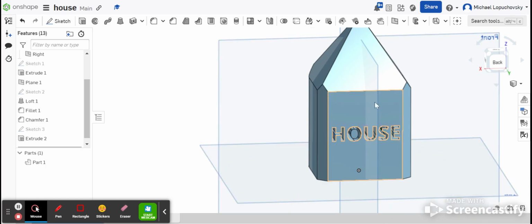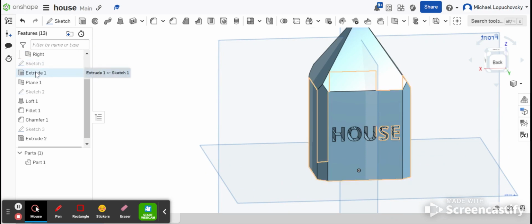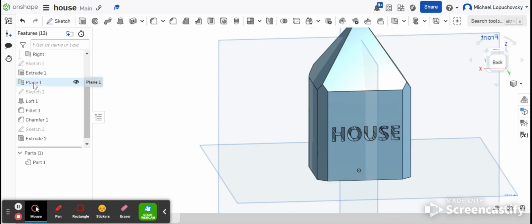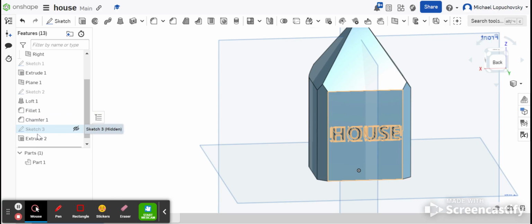And that's it. That's all I wanted to cover today. So we wanted to look at, we did a sketch, a basic sketch, and extruded it so we got a block. We added a plane and then lofted that roof. We rounded or filleted on 2 sides of it. We chamfered or kind of cut those edges off on 2 other sides. We added text, and then we